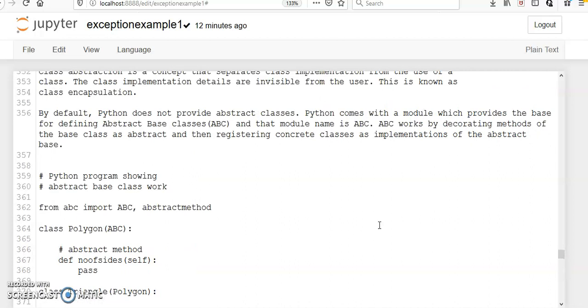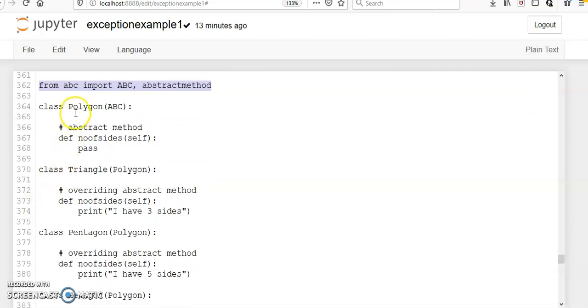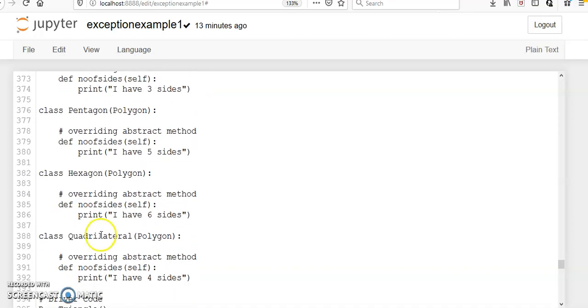An abstract class can be included in Python programming by using this statement, because ABC specifies abstract base class. So you have to include this line to include the abstract concept in Python programming. Here we have polygon. Triangle is a polygon, pentagon is a polygon, hexagon is a polygon, quadrilateral is also a polygon.